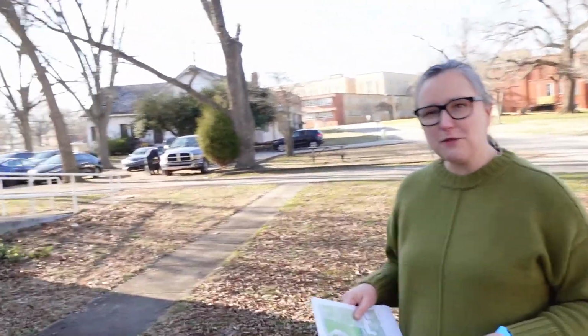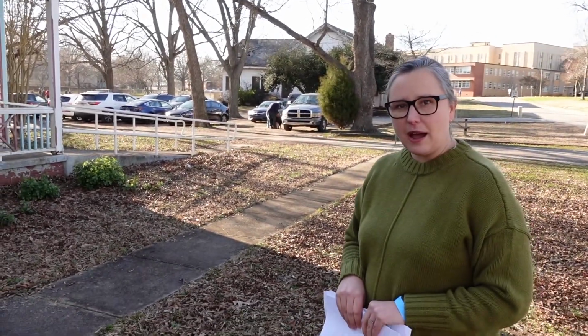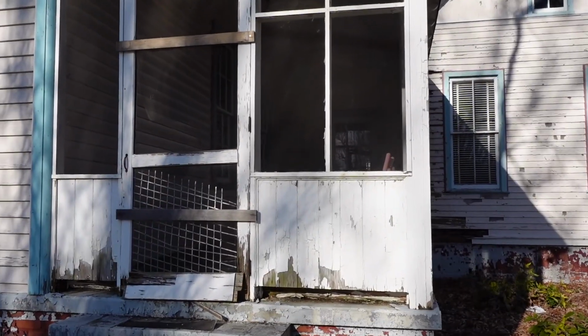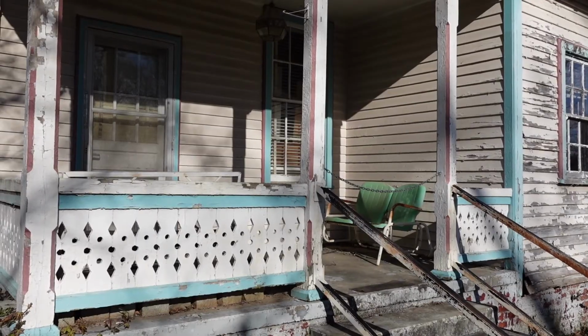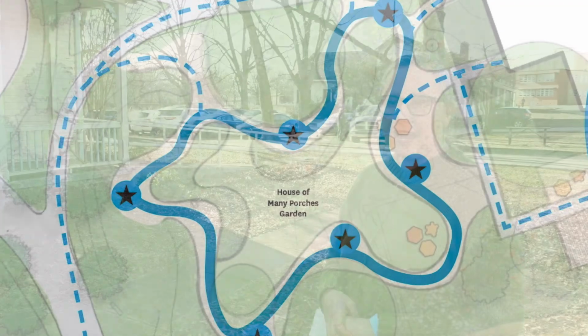All right, well, we're standing in front of the House of Many Porches. It's also been referred to as the Buffalo House, but we have decided based on public input and some history on the site that we're going to call it the House of Many Porches. It's the oldest remaining residence on all of the Dix Park campus, and it's part of the Plaza and Play project. It will be rehabilitated to have take-and-go concessions, some parks office staff, and then also some flexible space that may be used for art displays or gathering spaces and different kinds of small